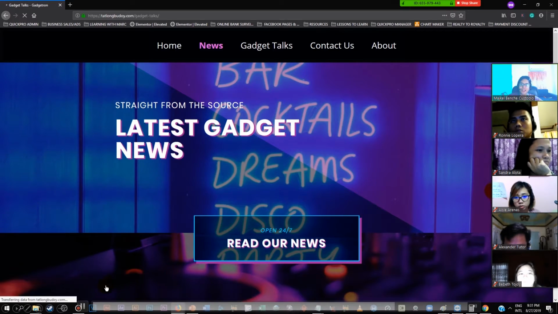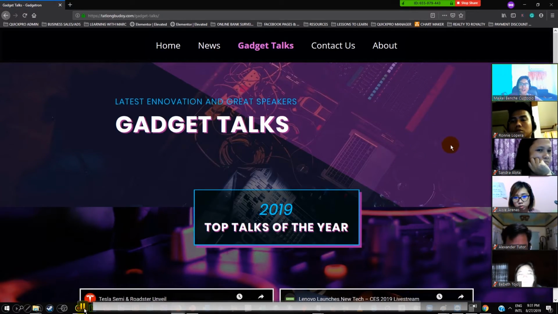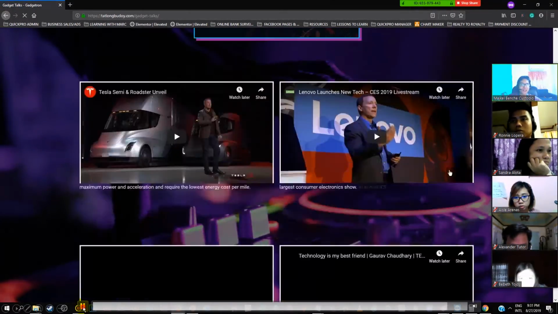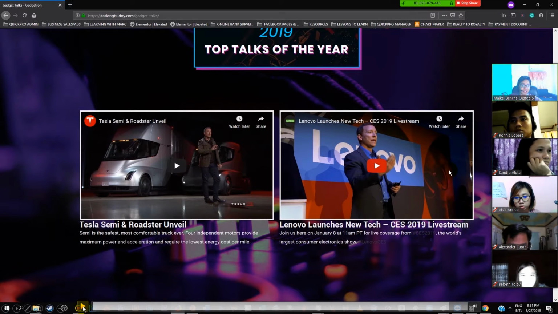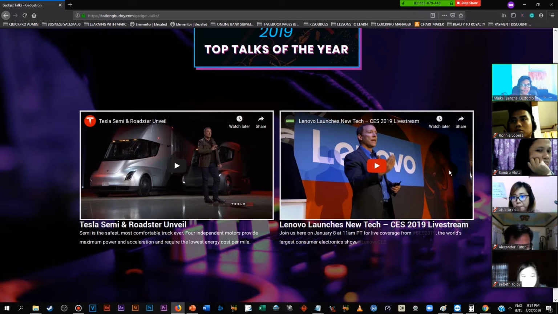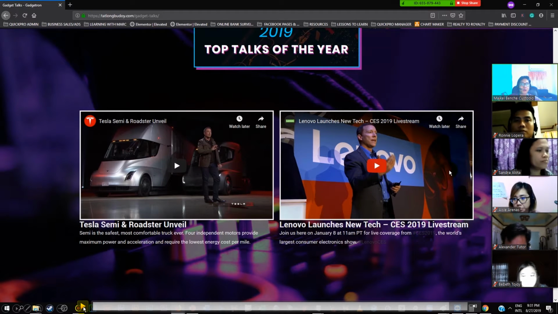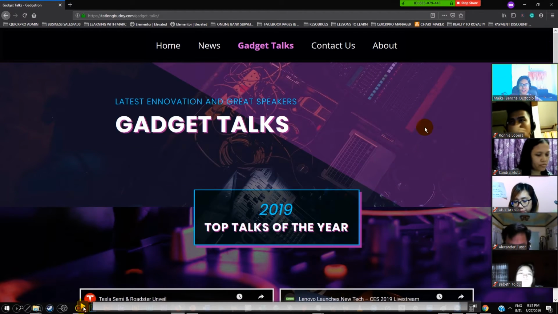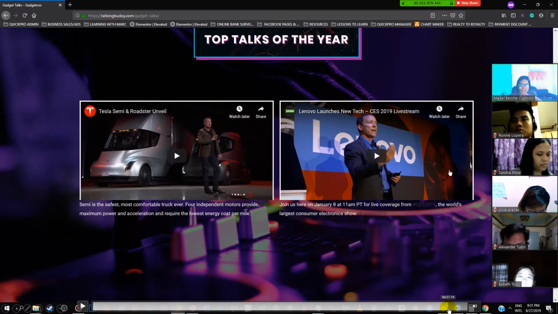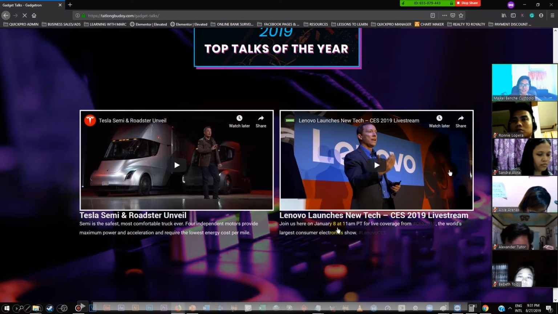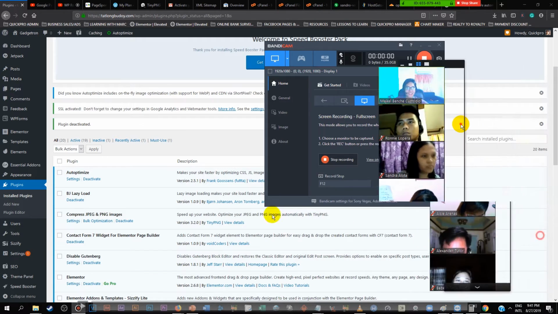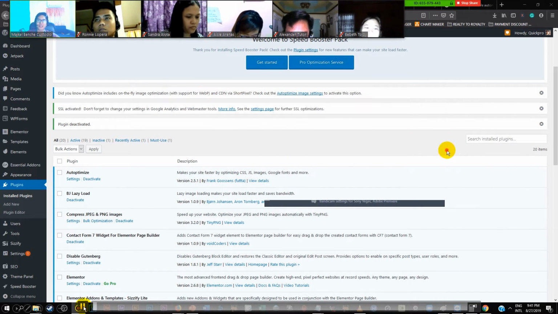And, makaisip ka na, ang daming images pero bakit ang bilis ng loading? Well, the answer is simple because we installed image optimization SEO. Do you understand? And the quality did not go down. Okay, by the way, the motive of this website is to update the audience about the latest gadget news. And ayan, may mga videos pa kami guys ng mga latest gadget news. O, di ba? Social. Okay guys, we're not done yet. No? Wala pa tayo natapos.